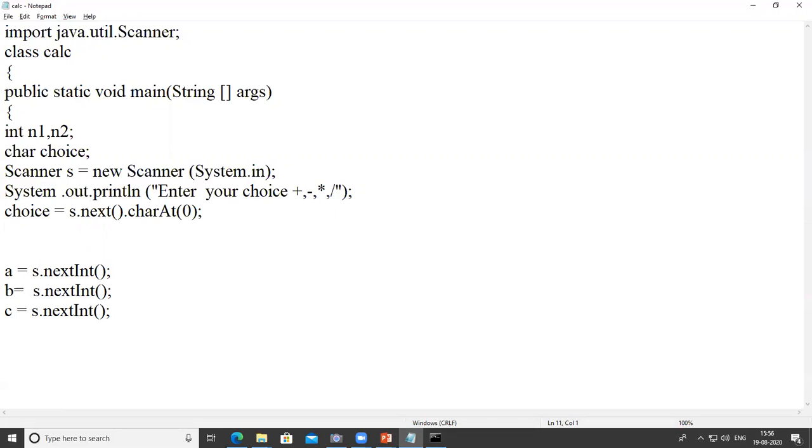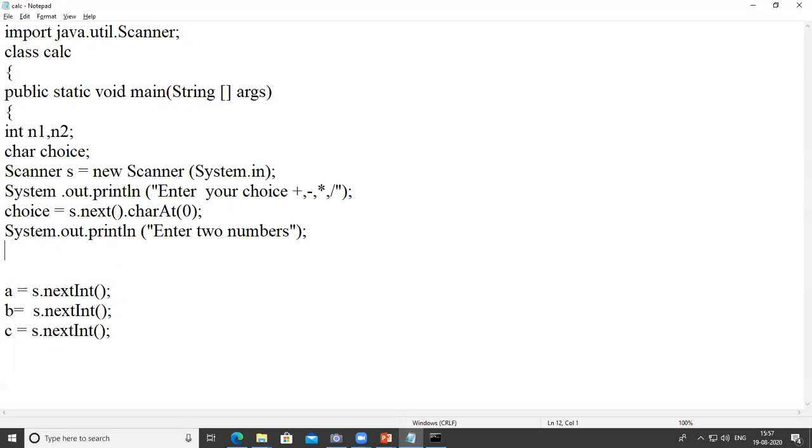Okay, then we get two numbers from the user. So for that I write system dot out dot println, enter two numbers, and store them in variables n1 and n2. So n1 is equal to s dot next int.